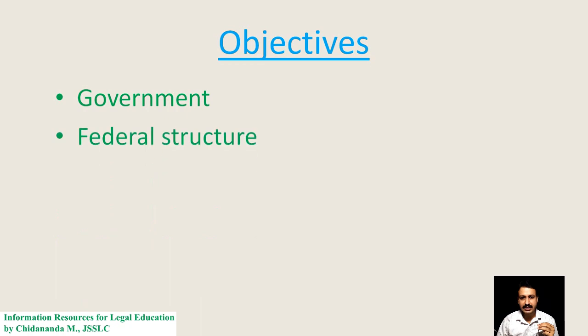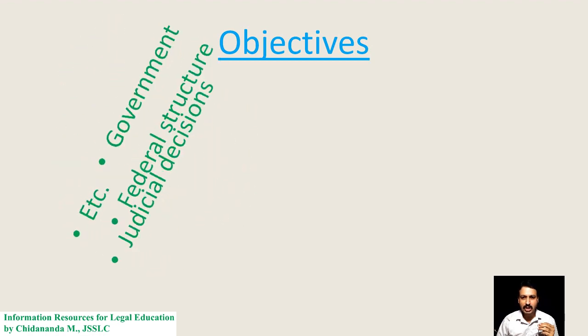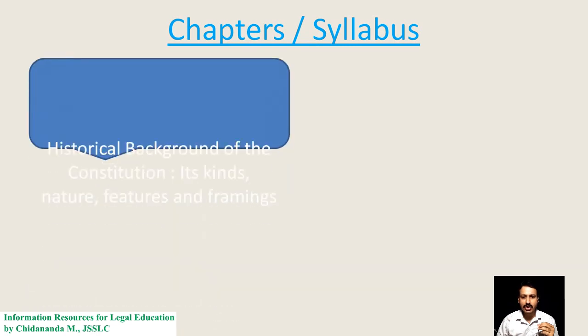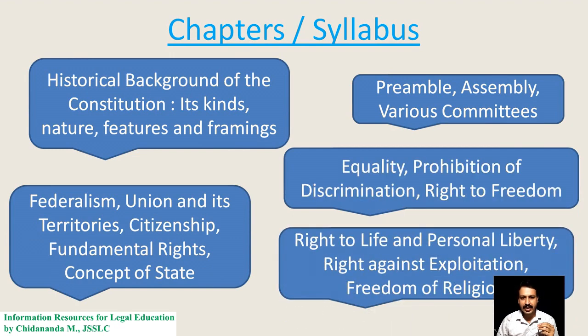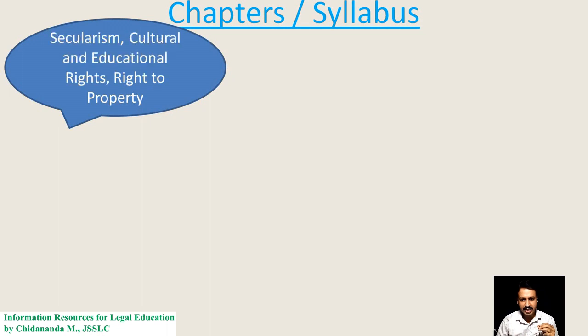This course gives the learners an overview of constitutional parameters of the various organs of the government, federal structure, judicial decisions, etc. The syllabus of the course and chapters in the books usually include historical background of the Constitution, its kinds, nature, features and framings, preamble, assembly, various committees, federalism, union and its territories, citizenship, fundamental rights, concept of state, equality, prohibition of discrimination, right to freedom, right to life and personal liberty, right against exploitation, freedom of religion,